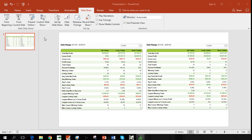Something that I want to show you is the last thing I want to share with you. I'll compare. I went back, and like I said, I went back and looked at my